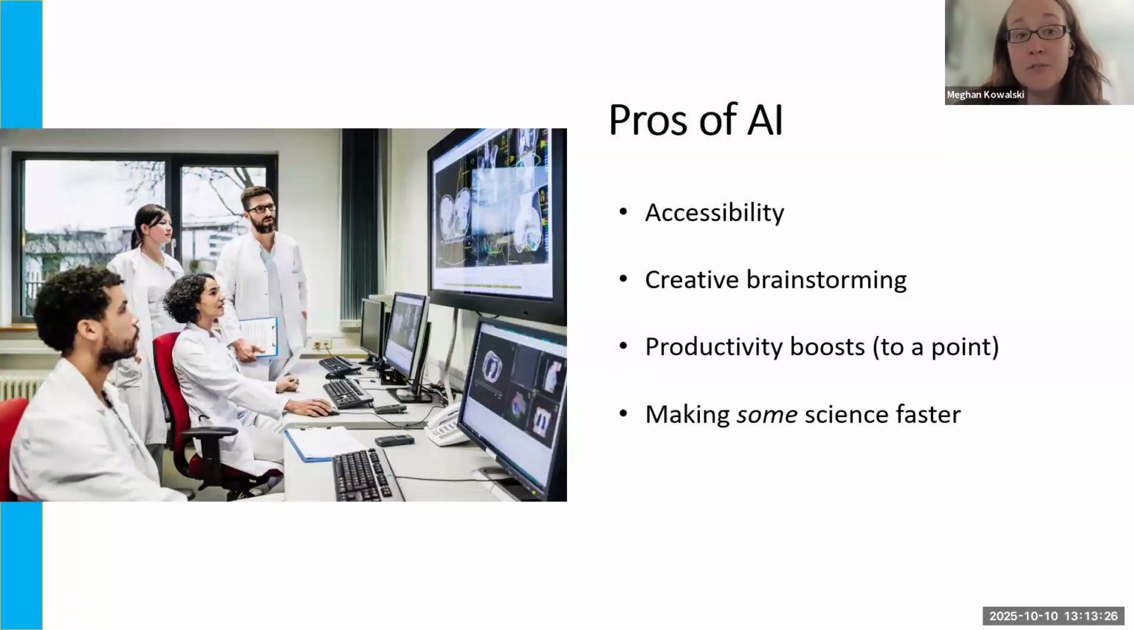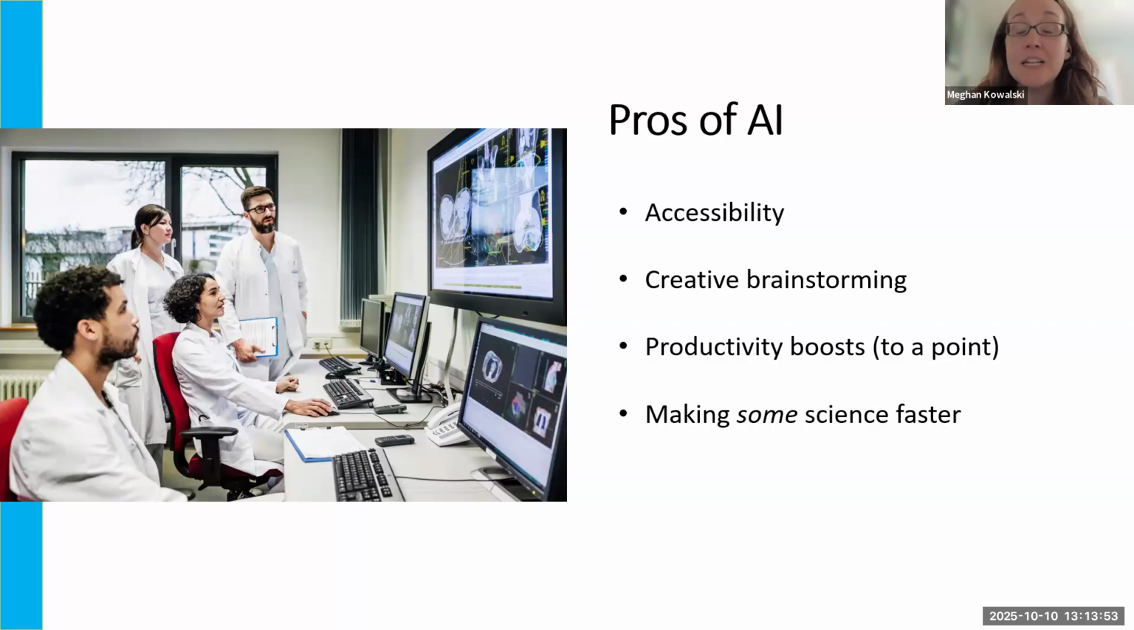But there are some pros of AI. First is accessibility. These tools make it easier for people who have different learning or accessibility needs to get what they need. So AI can now read screens much more easily. It can add captions to videos. It can make things large print. All of these accessibility tools are a lot more available to people